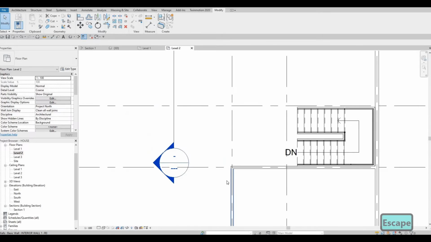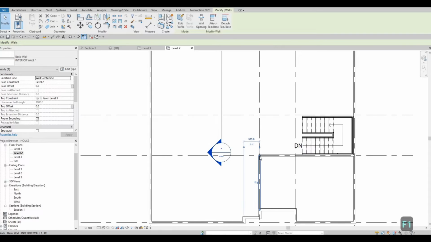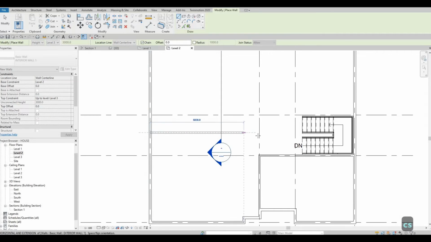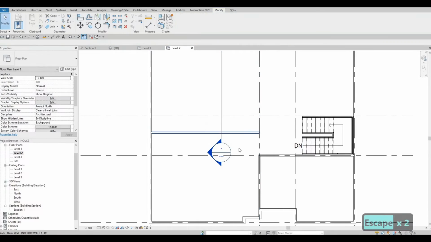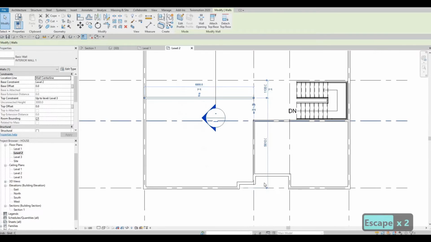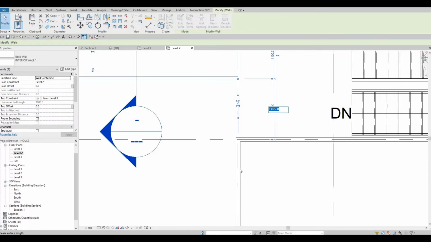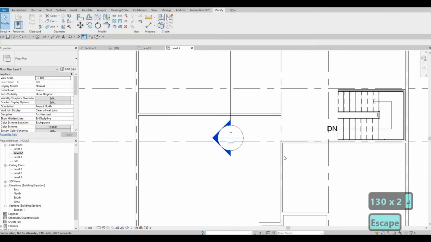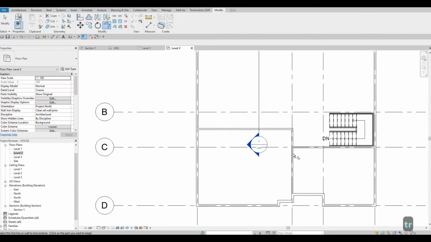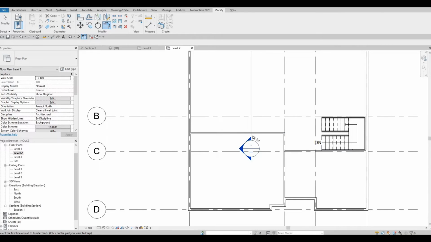After that, what I'm gonna do is I'm going to add a wall, so interior wall right here in the middle, and I want to measure this from the grid line. So I'm going to change the temporary dimension, and this will be around 1300, and I'm going to use trim and extend to close this off. So now everything is closed off,